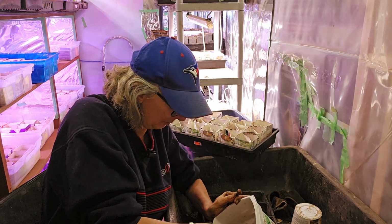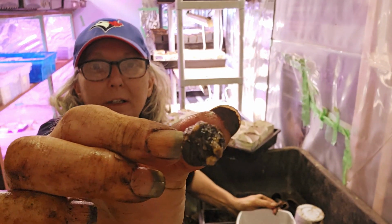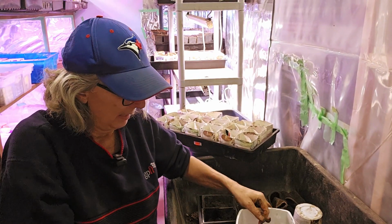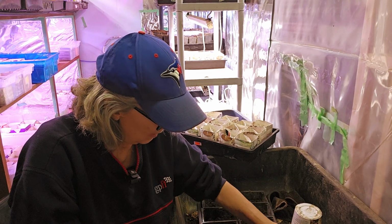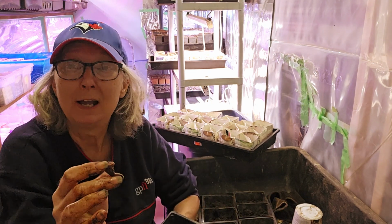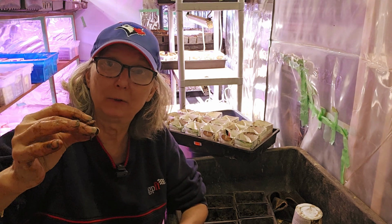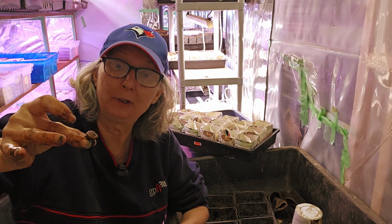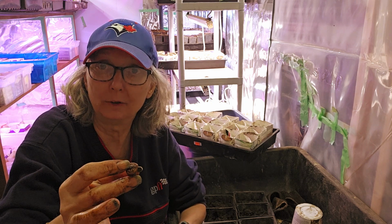Can I see one that's sprouting? You can sort of see the white spots on that. Now, contrary to what other people do, they say push the pointy side down so that the top sinks. But anemone corms are prone to rot. I am not going to push it straight down. I'm going to put it in on an angle so that water does not pool on the top of the